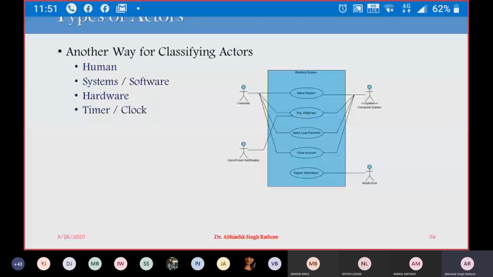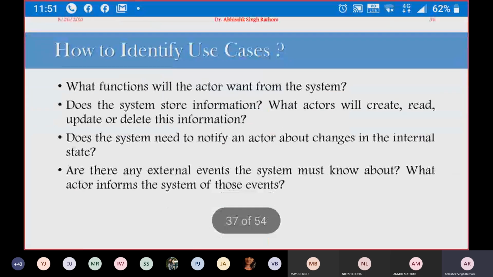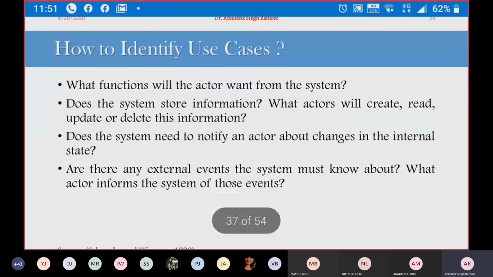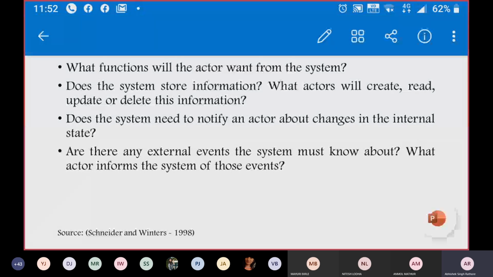Then again, the question: how do we identify the use cases? In order to identify the use cases, first you have to identify the different functions that are being used by your actors, the functions that are available. Let's say for our ERP system, you log in to your system, and you can go for forgot your password. These are the different use cases. Now, when we are using email services to get an OTP from our system, this email system can be used as a supporting actor for our system.